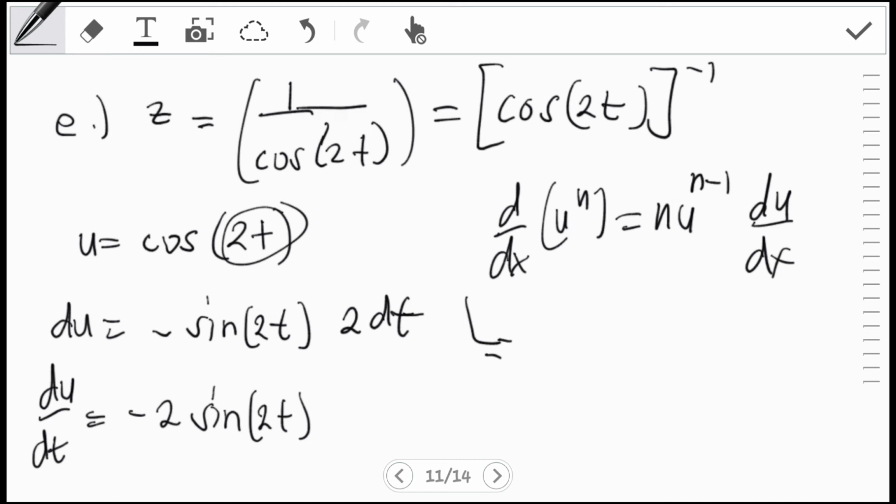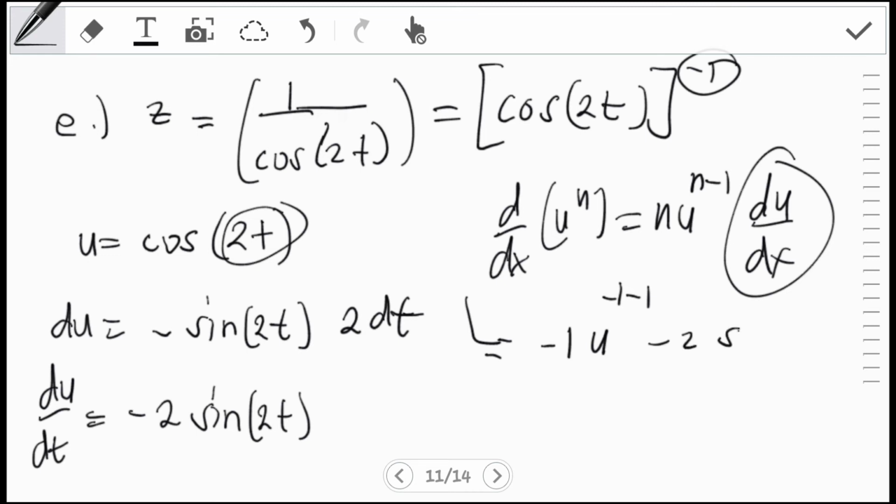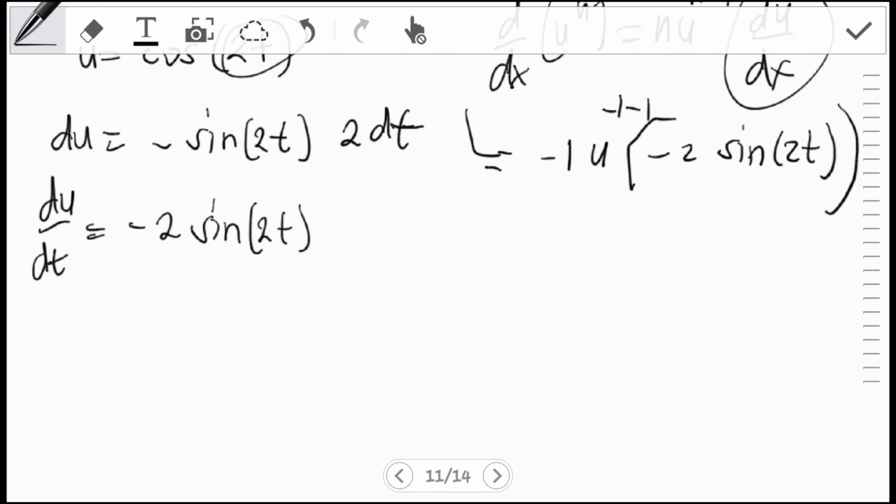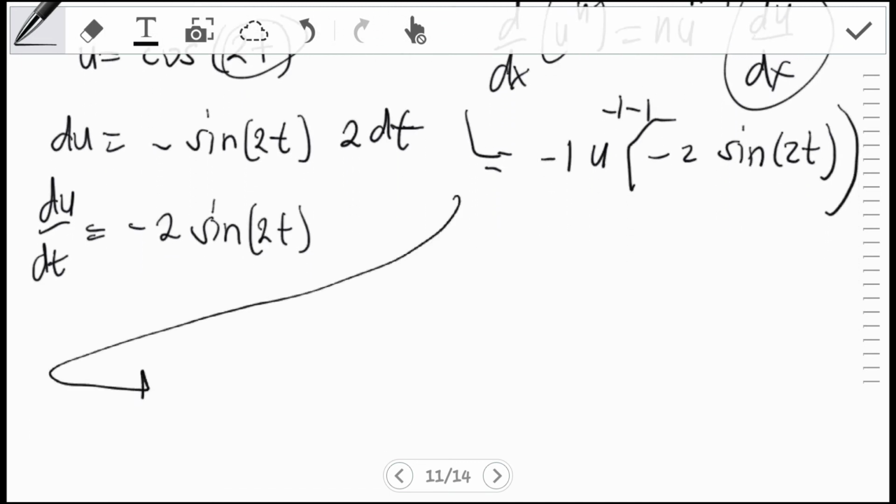So wherein here is negative 1. Okay. So negative 1, then u, so negative 1 minus 1. Okay. And then du over dt, also, that is negative 2 sine 2t. Okay. Multiply. So, right, equals to negative times